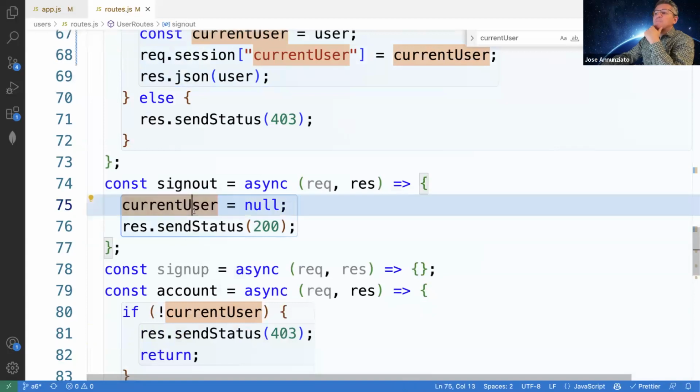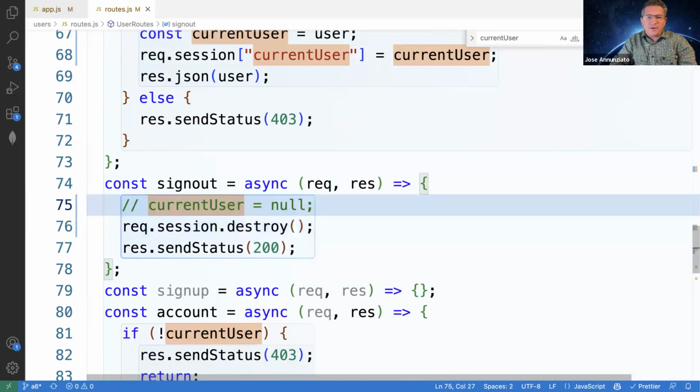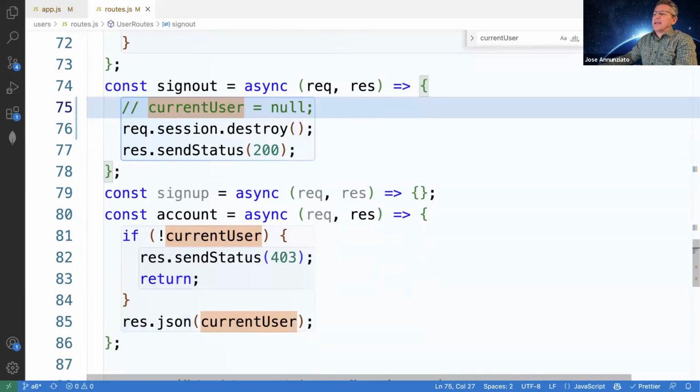Here we want to destroy the current user object. We're making it null, meaning we want to forget who's currently logged in, right? Because you're signing out. So anything associated to you, I don't want to remember. I want to destroy that. So what we could do is say request session destroy, right? And we don't need a variable for that. So now we've forgotten anything you had stored in there, shopping cart, your preferences, or anything you had stored in there that you wanted me to remember in the session, right? It's all gone, right? And another one